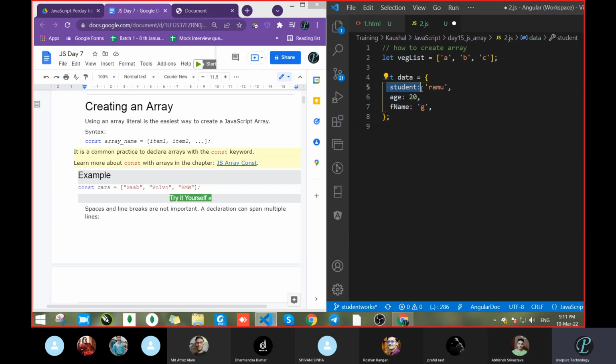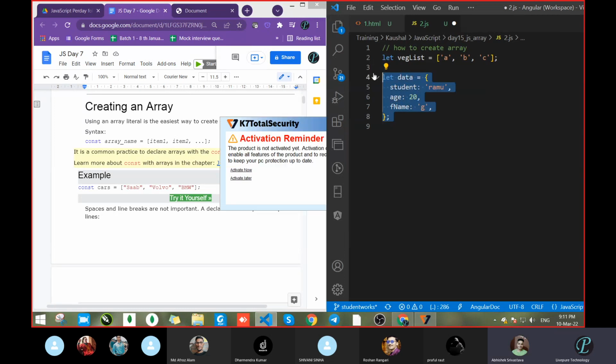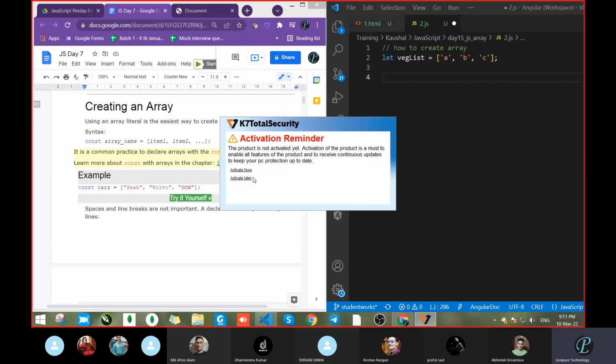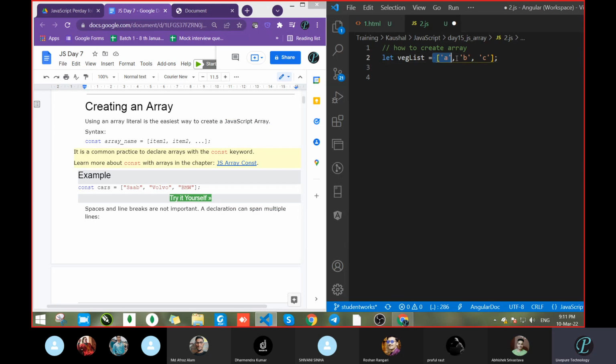Just tell a key, means a key name. So this data having name property. Got it? Name, in the sense for accessing, that key having name. So what is key? Key like student, then age, then father name, correct? But in the case of array, that is not the case. In the case of array, there is no key. Got it? But data is there. And now without the key, we can access the data. So that is the array. We will get that point.